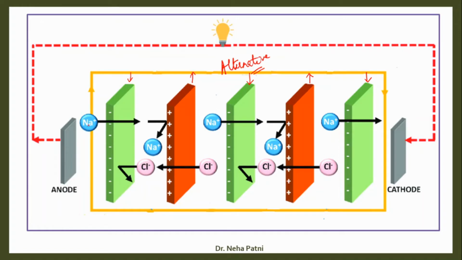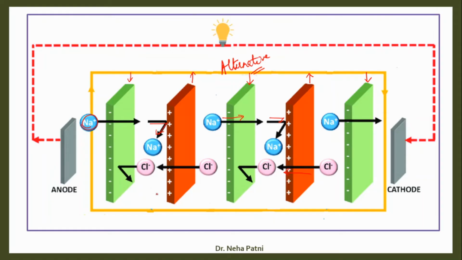So what happens is, let's say this cation will start moving towards the cathode. It will move here because this will allow cations to pass. But the next one is anion selective, so it will not allow cations to pass. So the cation will remain in this compartment. Similarly, the cations present in this compartment can easily go to the next one, because the membrane is cation selective, but would not be able to pass through this, so they'll remain in this compartment. And so it happens with the negative ions also, like negative is allowed to pass through it, but is not allowed to pass through here, and similarly like this.